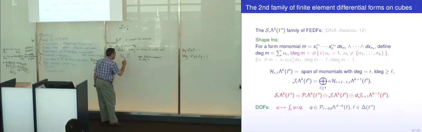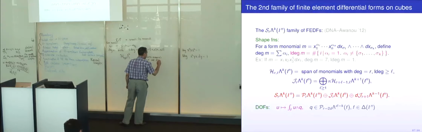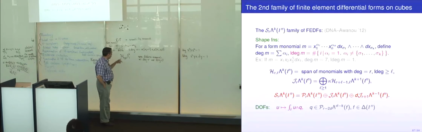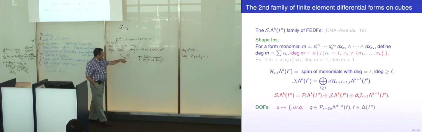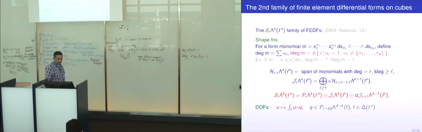And now if I put a comma L here, that means and linear degree is greater than or equal to L. Okay, so I can define that, and if I put L equal to 0, I get all homogeneous degree r form monomials. L equals 1, I only get a subset of them. L equals 2, a smaller subset. Okay, and then there's this